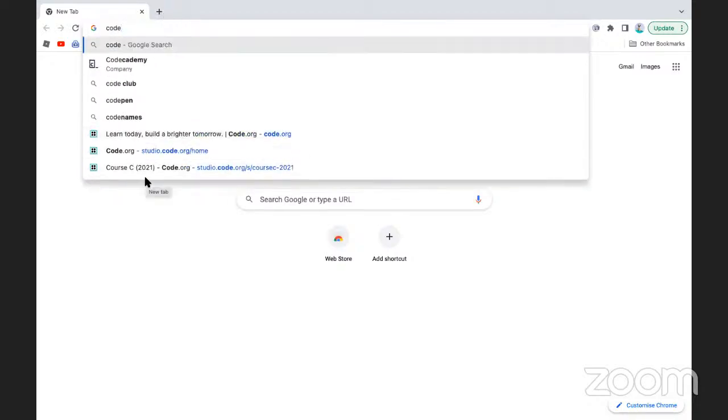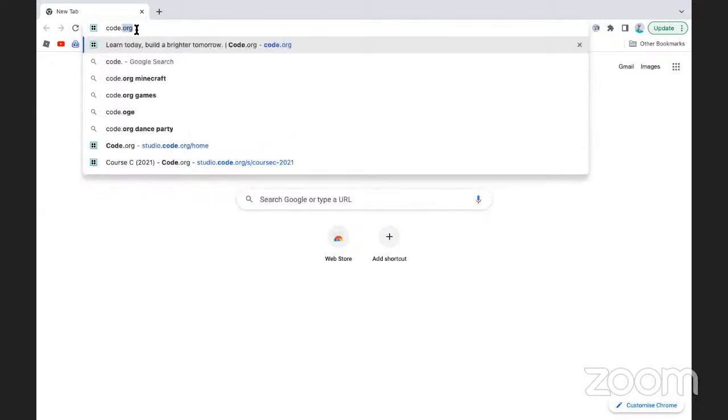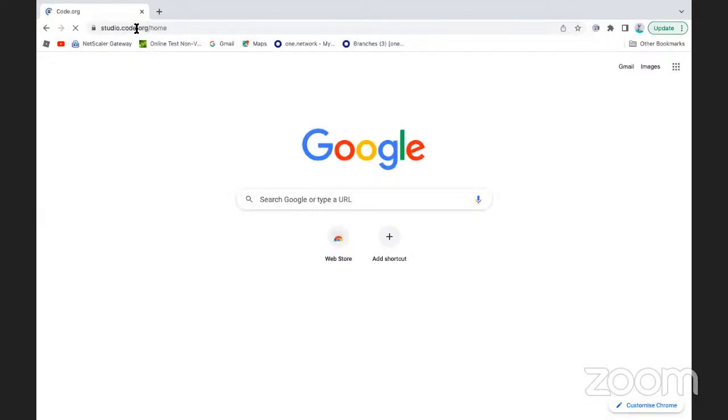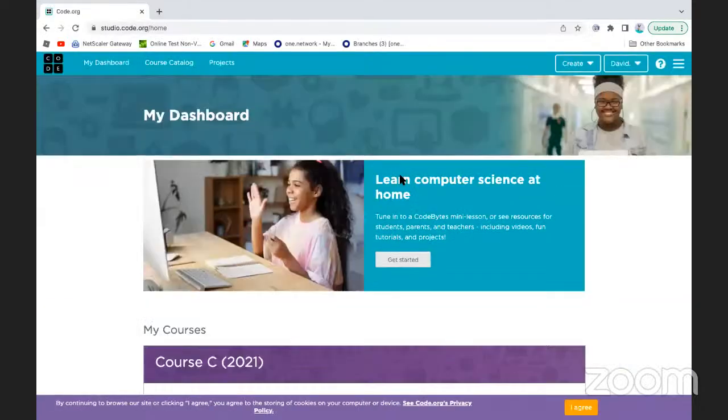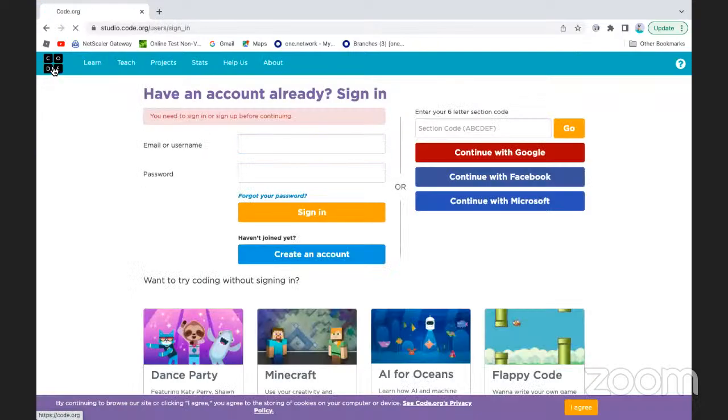In the search bar, you type in code.org. Then it will bring you to this page right here.